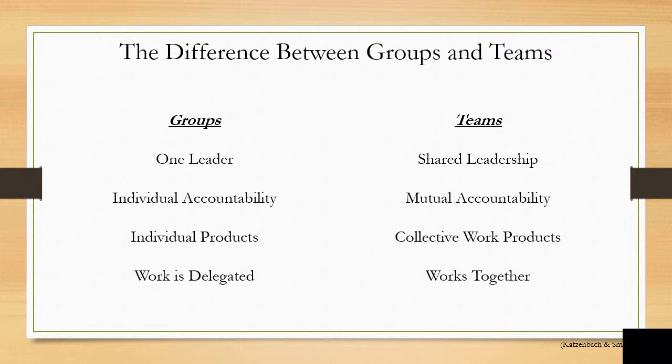For example, teams are able to have higher performance than groups because they operate with shared leadership rather than to have one assigned leader. Another example you will see from a team is that the whole group is responsible for their performance rather than doling out individual responsibilities. This working style gives each member of the team more incentive to work together because they are all responsible for their outcomes. Now that we understand what a team is, let's dive into the act of teaming and how it can help your employees maximize their performance.